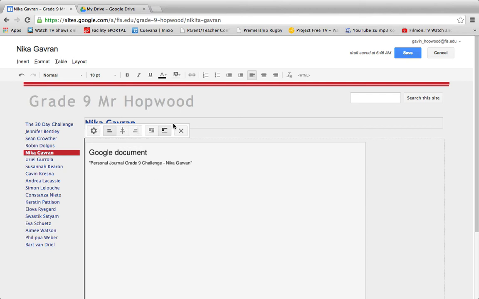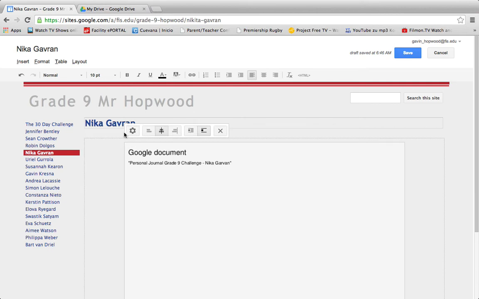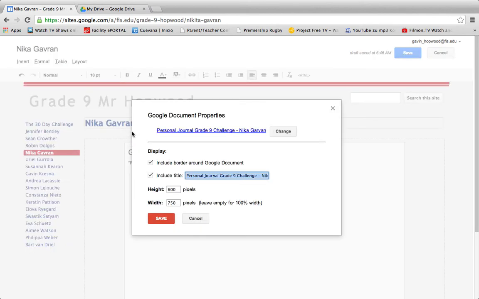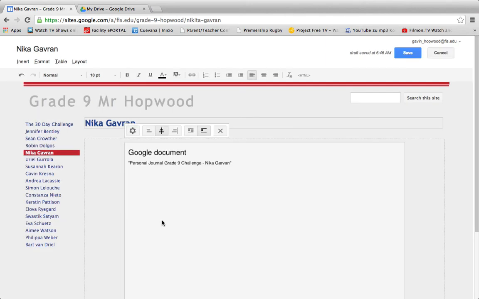Now this tool at the top allows me to do a couple of things. What I like to do is center it. And if I want to go back to changing the dimensions, if I go to Properties, I can change dimensions if I want to, but you shouldn't have to. If you make a mess up, this cross here allows you to remove it and you can start again. So now if I click Save, hopefully,